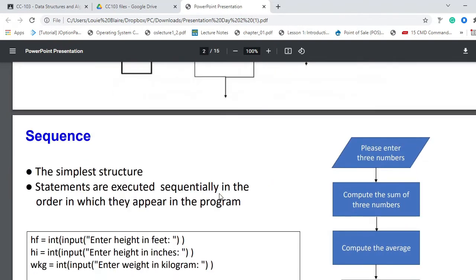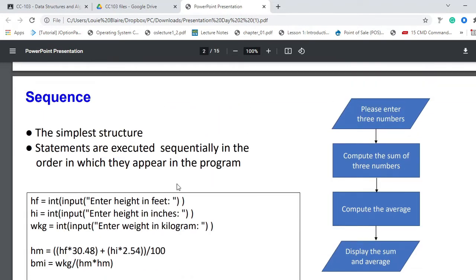So, sequence. It is the simplest structure, class. Statements are executed sequentially, in the order in which they appear in the program. So, sequence is our simplest structure. Why? Because once it starts, it runs and executes, you fill up the conditions that it asks for, if there are any, and then it will proceed